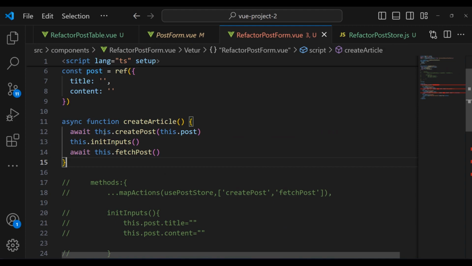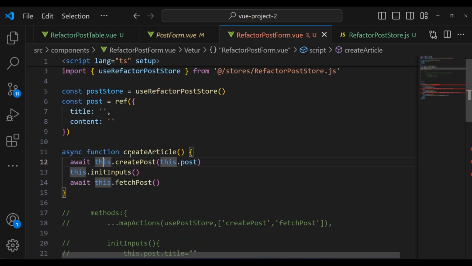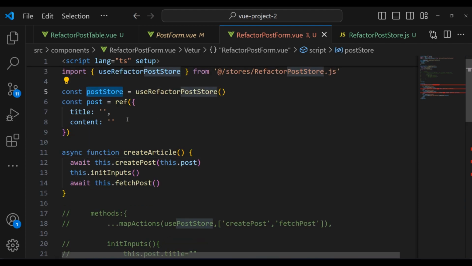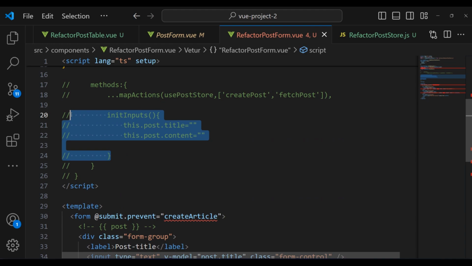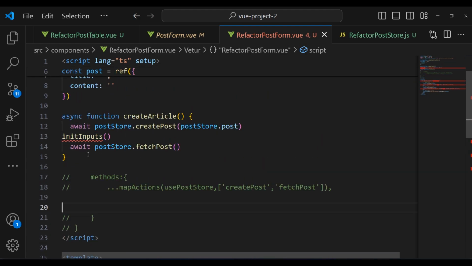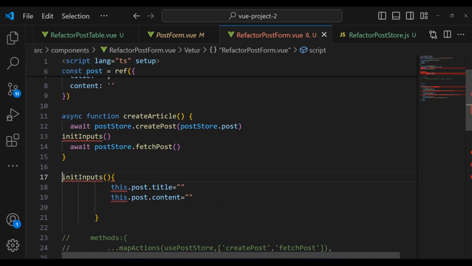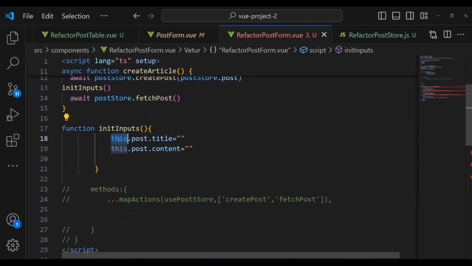We are going to remove the this keywords because we use the this keyword in Vue Option API, but we are going to use the PostStore. We're going to change it to the this, and then right here, we're not going to use the this on init input function. We just have it, and then here, guys, we need to pass function before the init input, and then right here we are going to remove the this keywords, and we are going to use post.value